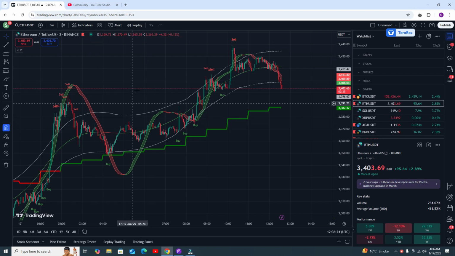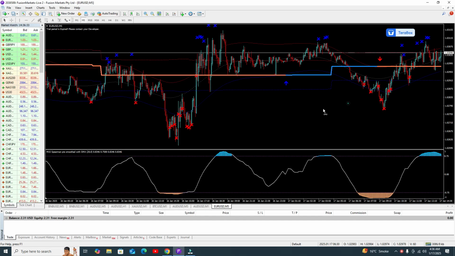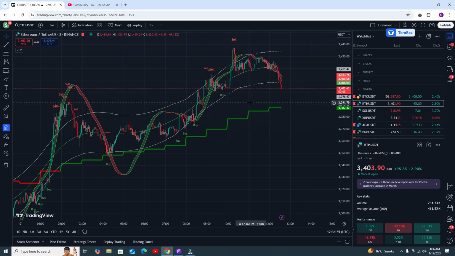After we discuss this strategy, we also need to discuss another MT4 strategy, and this strategy is most awesome. Like here you can see this is the buy area, you can see buy trade. This is the sell area, and you can see sell trade. Buy trade, and now this is again your sell area. I will give you the whole detail of this indicator as well. First we have to discuss the TradingView indicator, then we will discuss MT4 MetaTrader in detail.